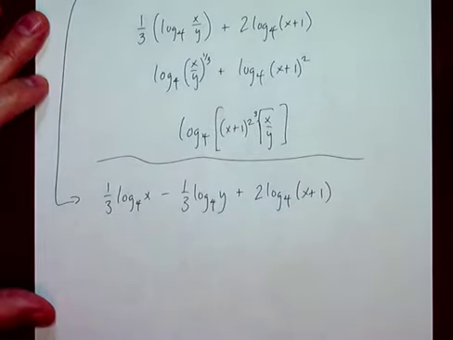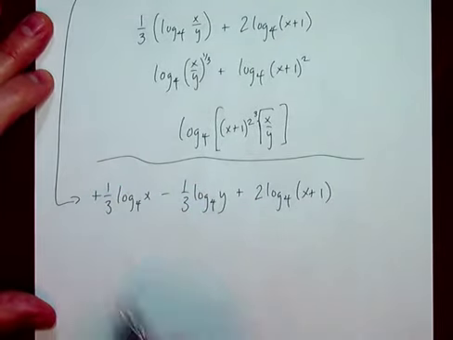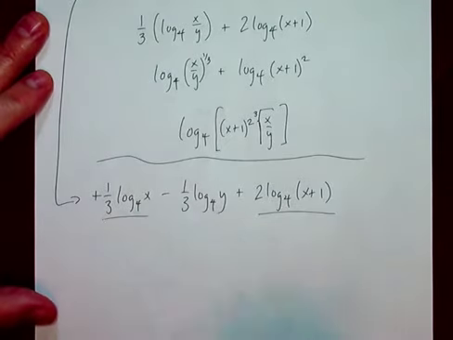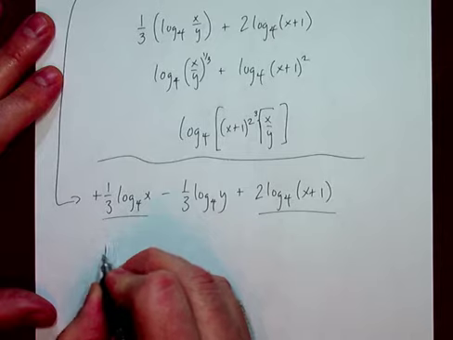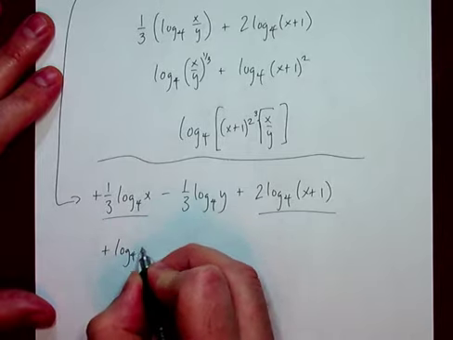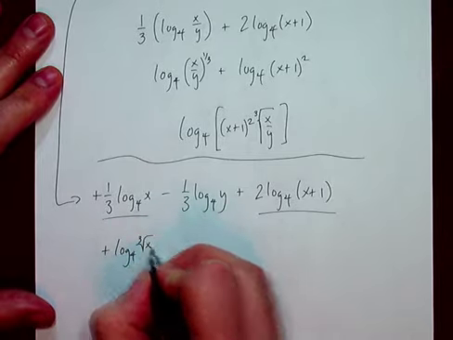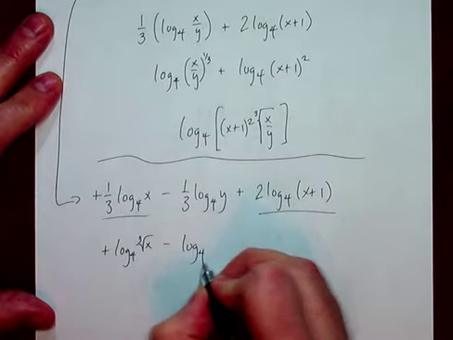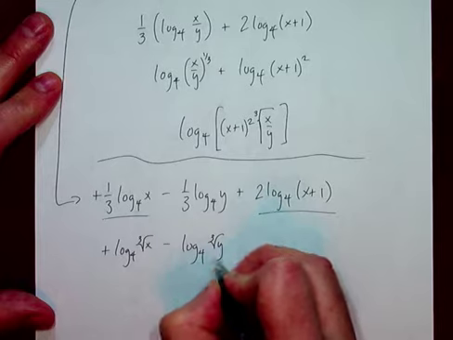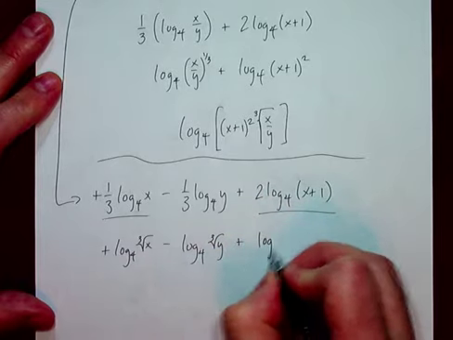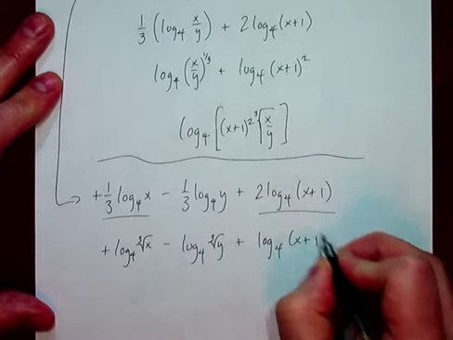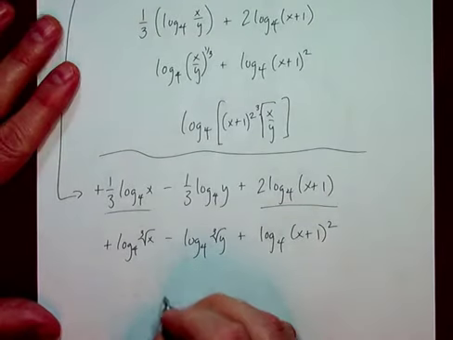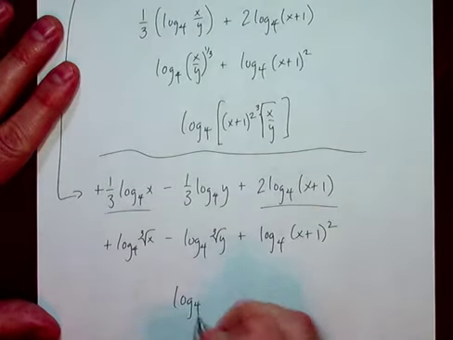And so once you've done that, you've recognized the fact that you have 2 positive logs and 1 negative. And so you get the positive log of 4 times the cube root of x, or x to the 1/3, however you want to do it, cube root of y, plus log to the base 4 of x plus 1 squared. And I'm going to turn it back into 1/3 when we turn it into this full logarithm,